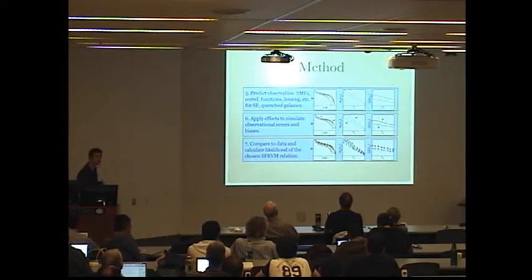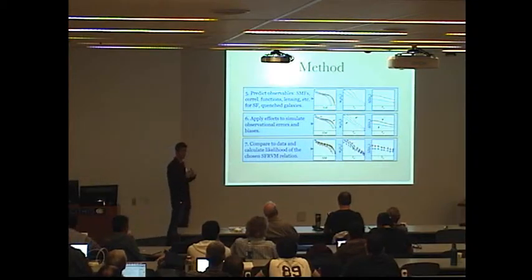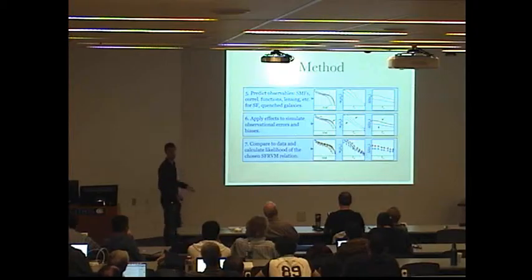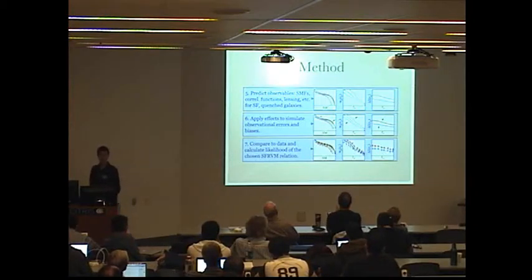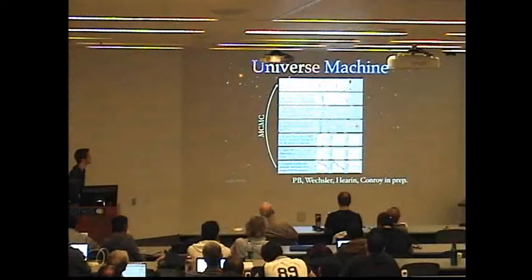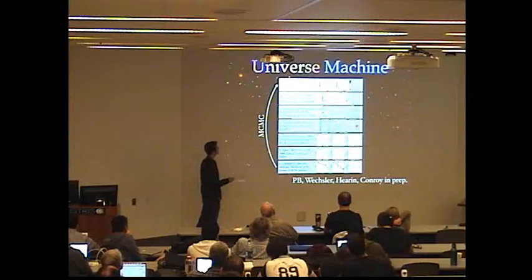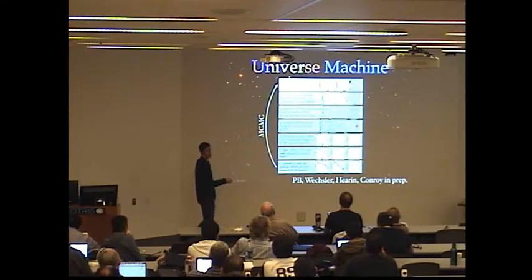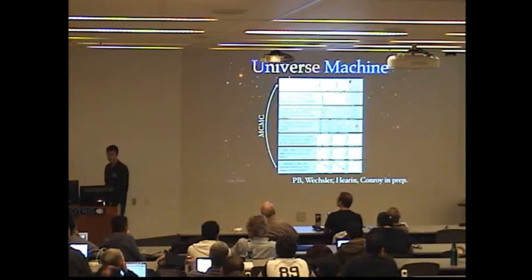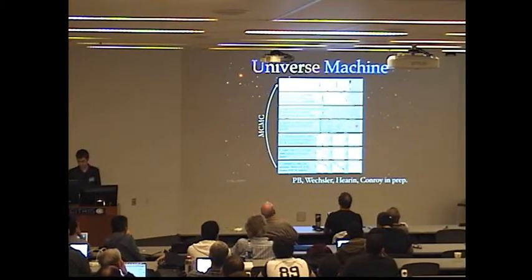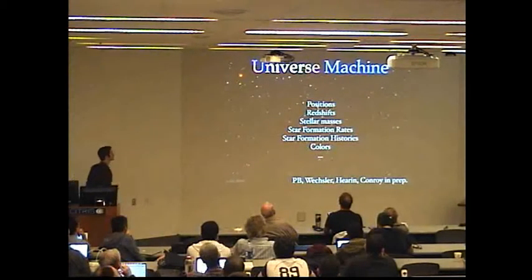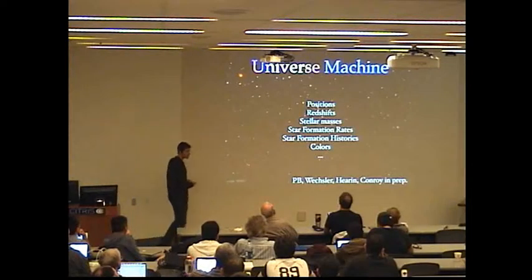And so what I've just described to you is a machine where you put in a guess for what the empirical relation is between star formation rates and halo properties, and you get out a mock universe, which you can compare with data. So of course, I've called this the universe machine. And that's all that it is. You start with an empirical model, a guess for how star formation rate depends on halo properties. You put it through, compare to observations, and then you repeat to refine what are the empirical models most consistent with observations. And so you get out positions, redshift, stellar masses, star formation rates, star formation histories, colors, a lot of basic properties of galaxies,